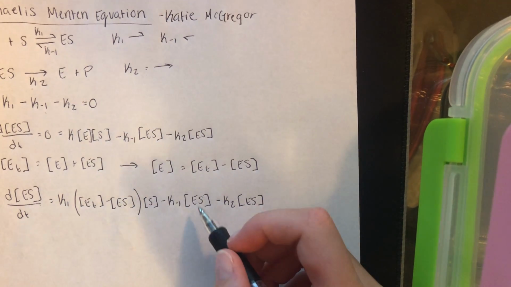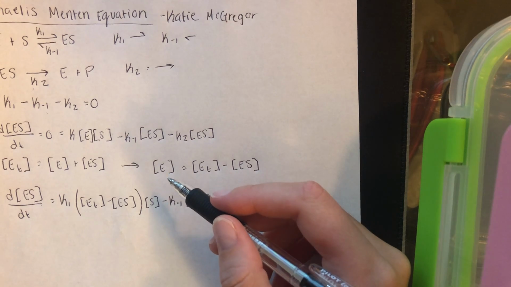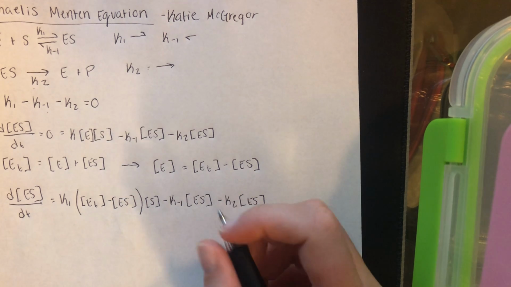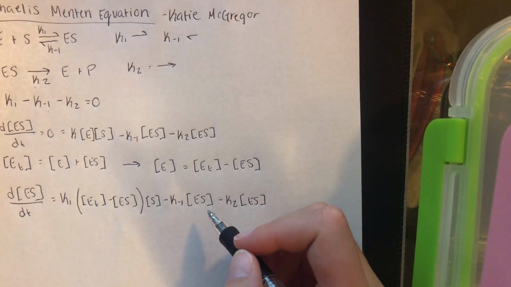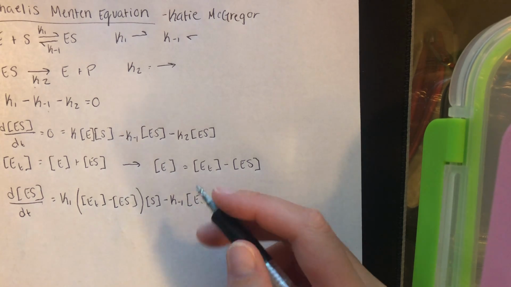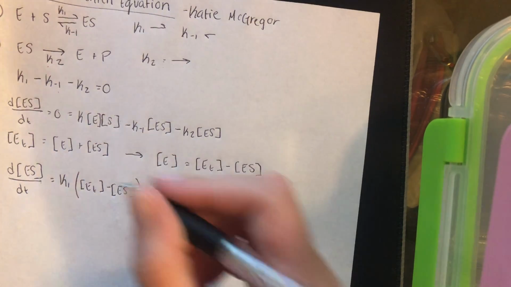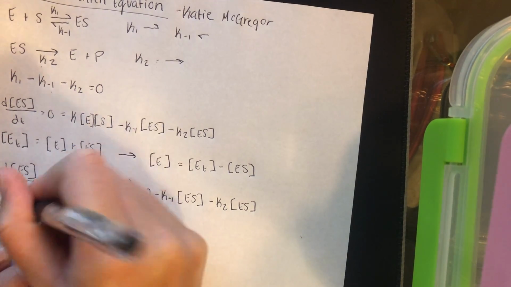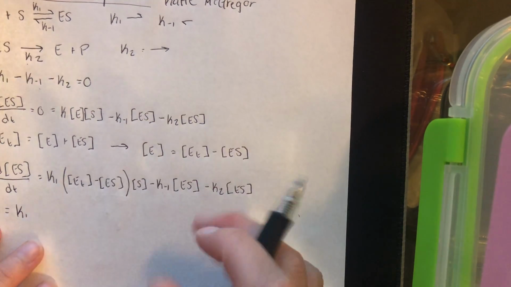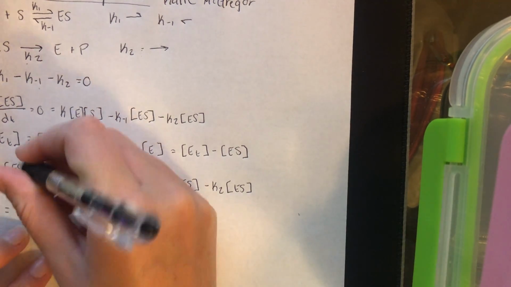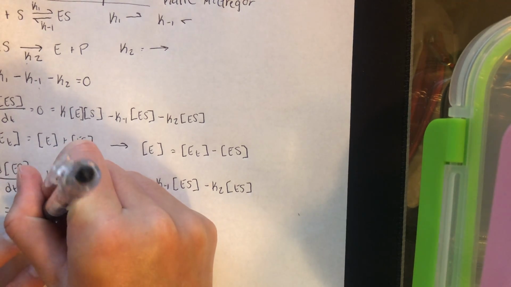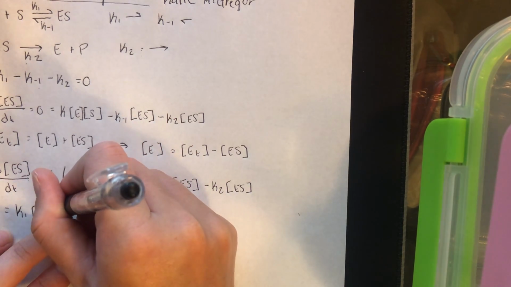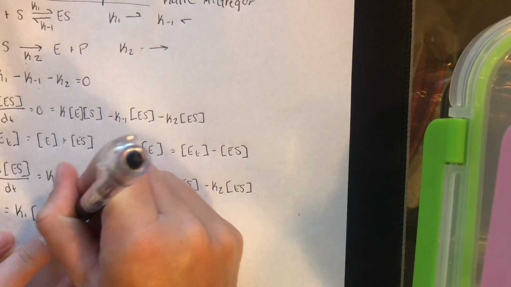And so after we substitute the values from the previous equation, we get this equation. And now we can set this equation equal to 0, and we will get 0 equals K1, just factoring everything together and smoothing it out. So we have 0 equals K1 times the concentration of E total times the concentration S minus